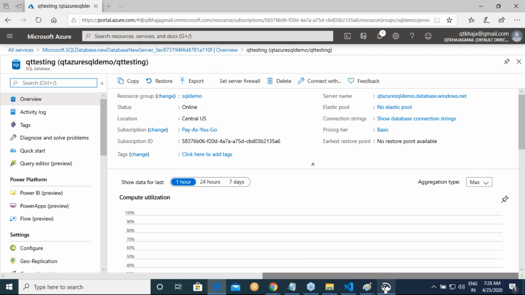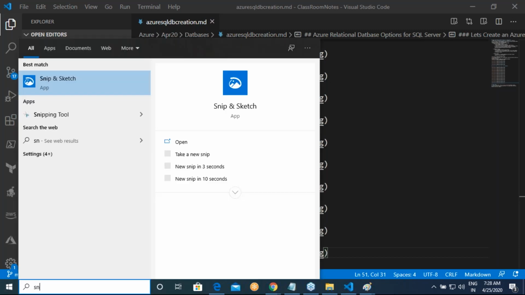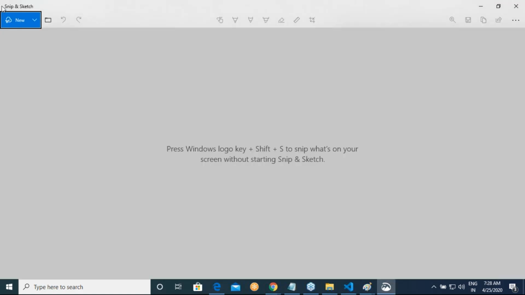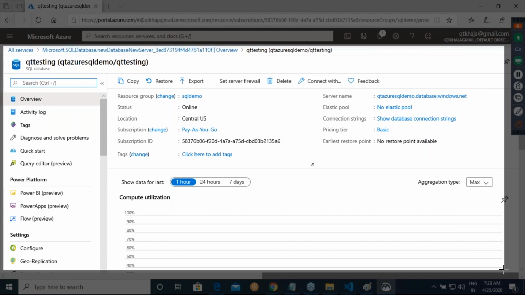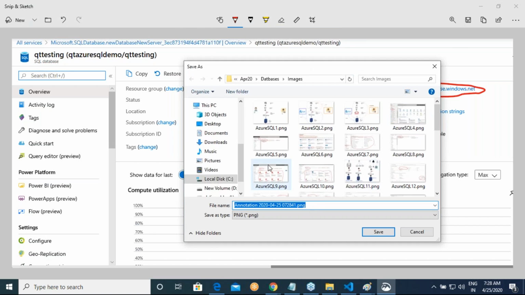Good. Our database is actually created. So this is our database's URL. I'll just stop till this point.